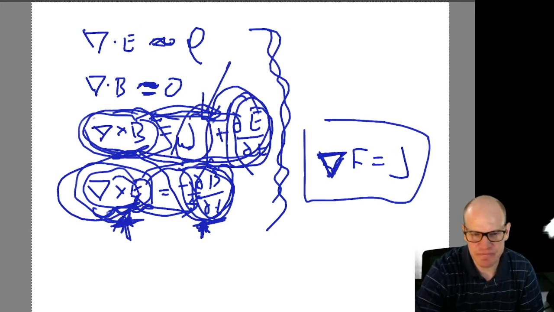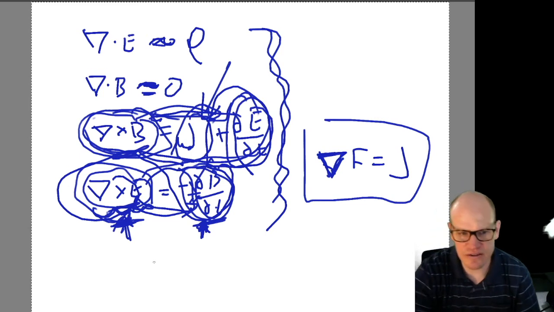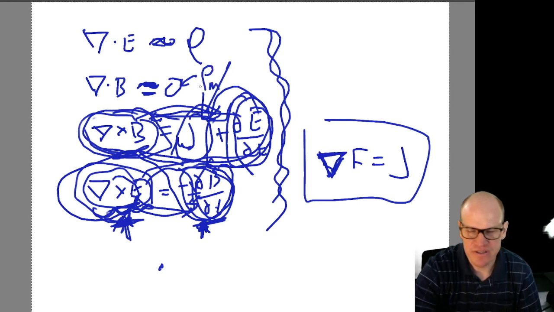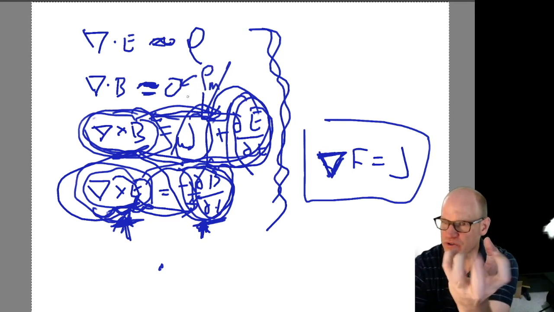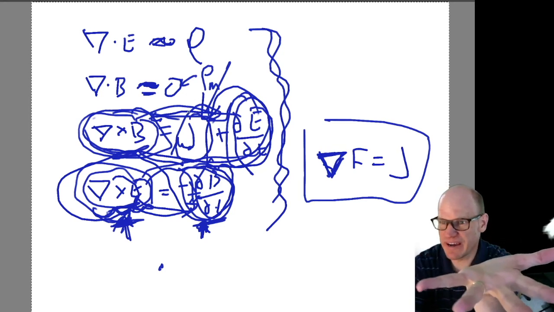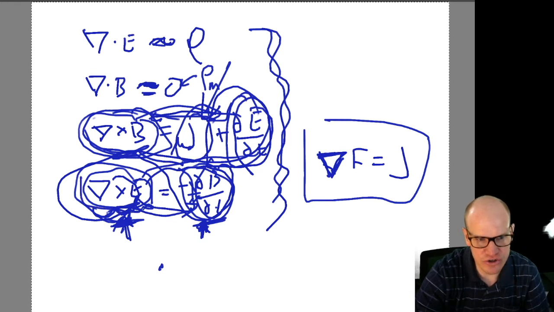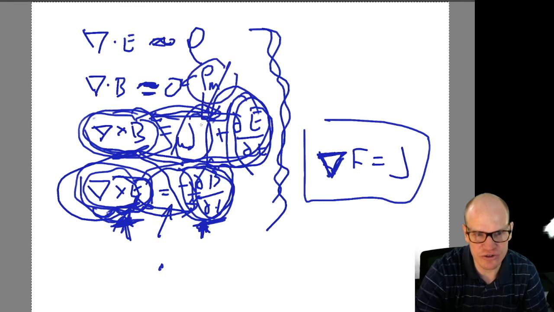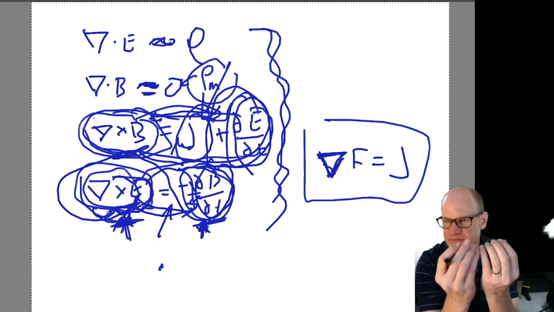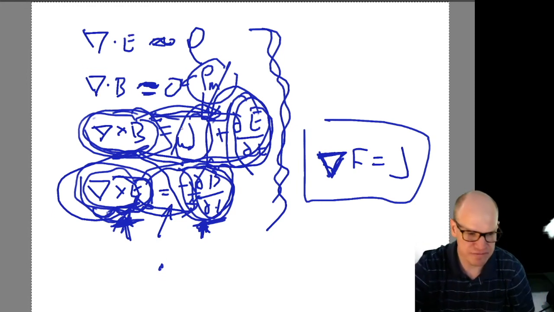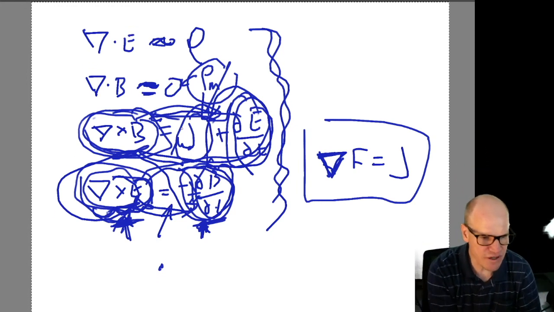That's a static current. You can imagine if you had pure magnetic monopoles. I mentioned before, if you had actual magnetic monopoles right here, so that you could get a magnetic current density, a bunch of north poles that you just pull out of your pocket, magnets with no south pole counterparts, you would also get a curl in an electric field. So there would be another term here related to the magnetic current. If you can get isolated magnetic north poles, you can send them down a wire, and that would induce a curl in an electric field by itself. So that's pretty cool. So going back to this,